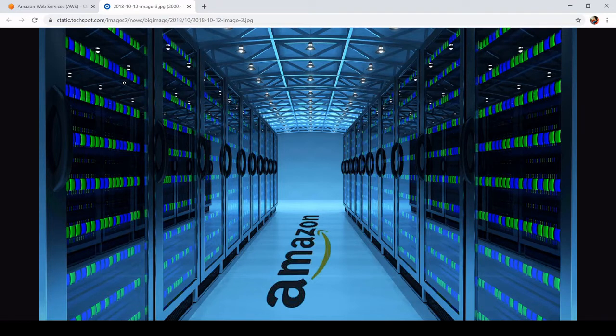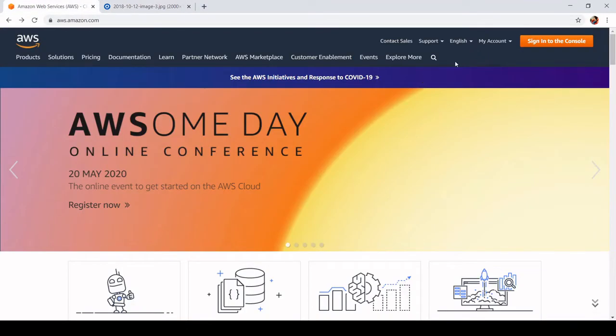So in case any failure happens, Amazon shifts your web server from one of the racks to the other, or one of the web servers to the other. So this is how EC2 works, and we'll see how EC2 works in action.